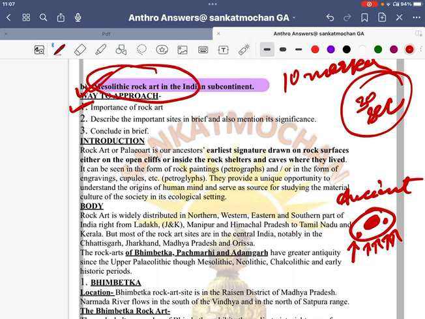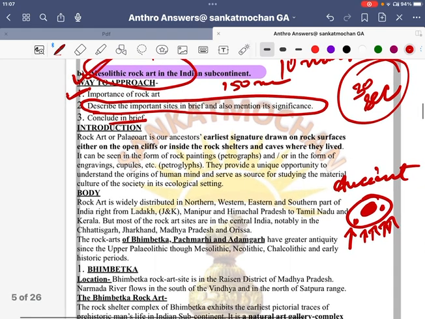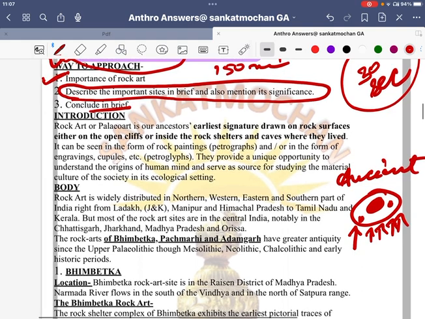So let's start. Then what we have to do is write its importance and its significance. See, it's a 150-word question, so write it in a crisp manner. But here I have given you a detailed format, so you don't have to go and search for it. And if time or word limit allows, conclude, or just let it be, because it's a straightforward question and you don't really need to conclude in this. Fine, let's start.